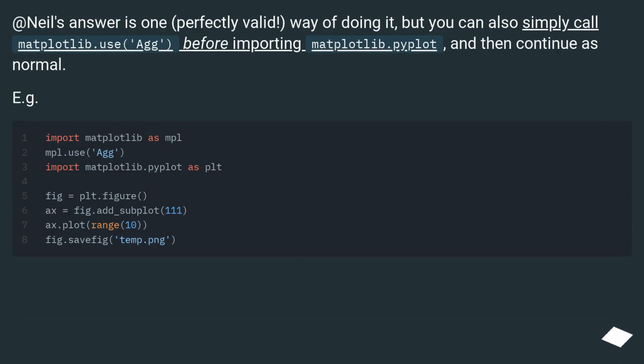Neil's answer is 1. Perfectly valid way of doing it, but you can also simply call matplotlib.use('Agg') before importing matplotlib.pyplot, and then continue as normal. For example,